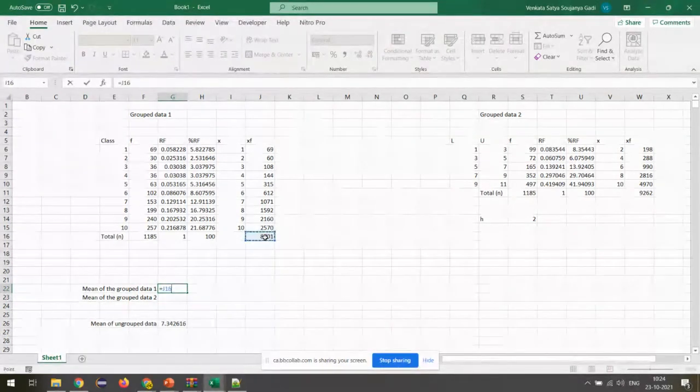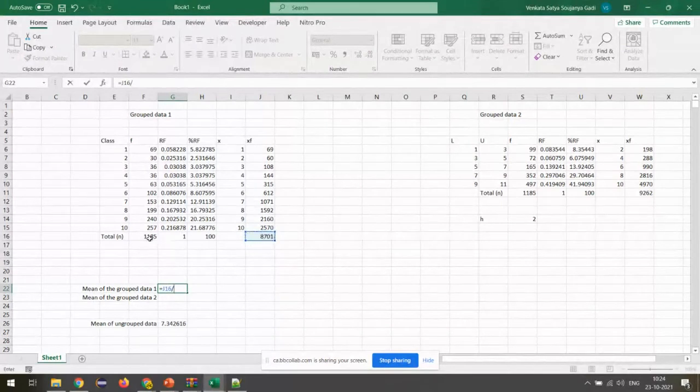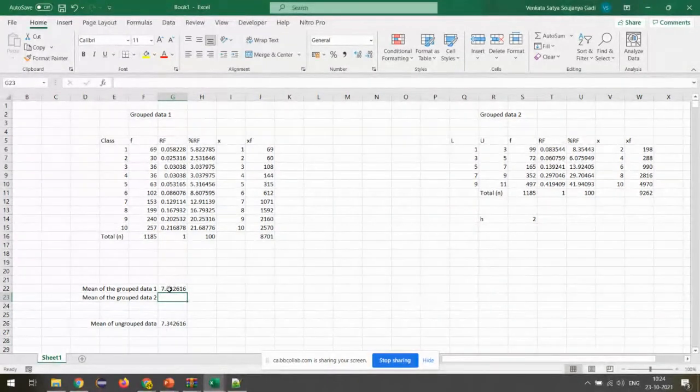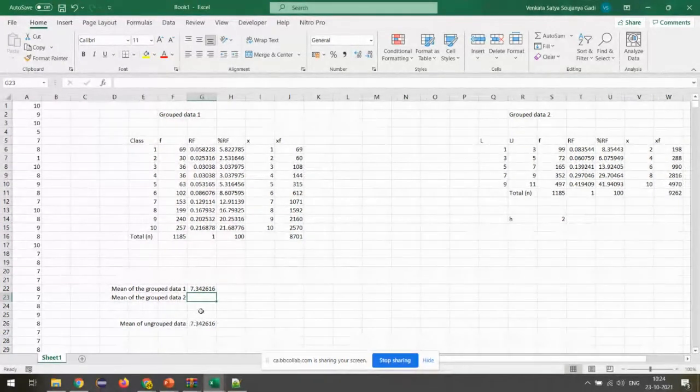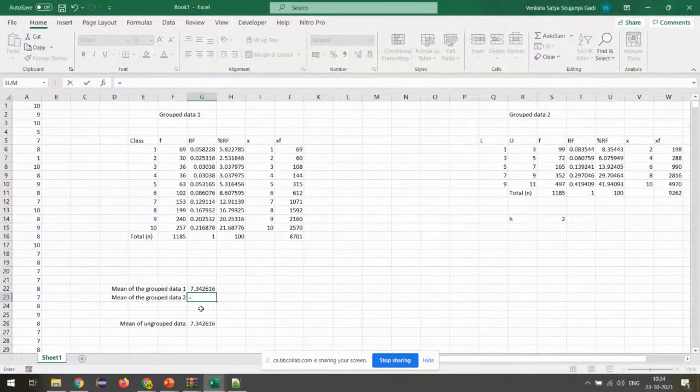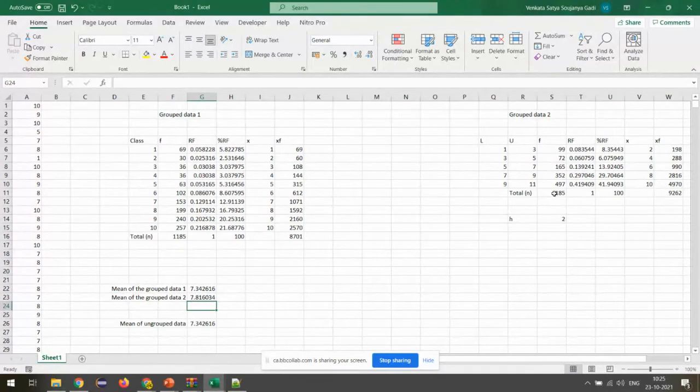the sum of all x times f divided by n. We know n is this one. So we do this and we got 7.34, which is exactly equal to the mean of the ungrouped data. Let us see this one, group data 2. The sum is this divided by the sum of frequencies, which is n. So we got 7.8. So here we can clearly see